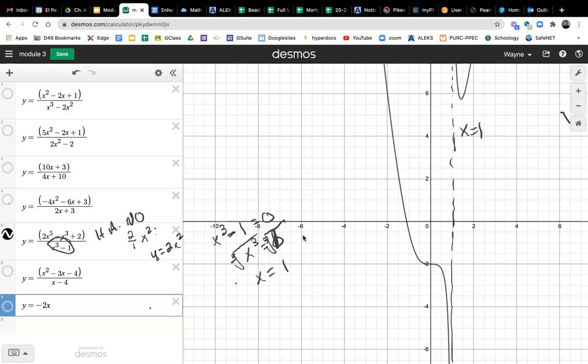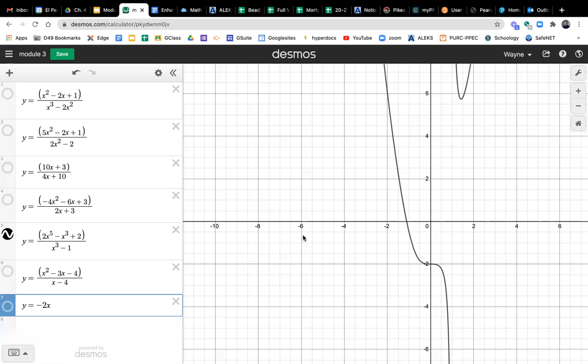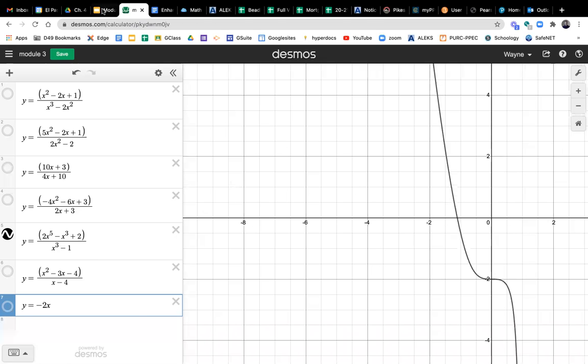But then when you're trying to find the horizontal ones, whether they have them or not, if there's one, or if they're oblique, you have to know when your numerator is bigger than your denominator. If your numerator has the same degree as your denominator, there's a horizontal asymptote. So clear out that. Now this last one